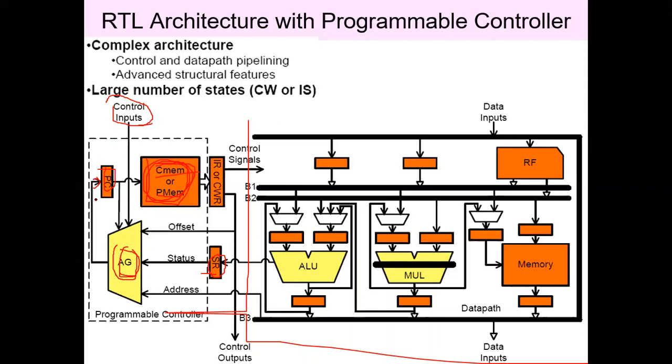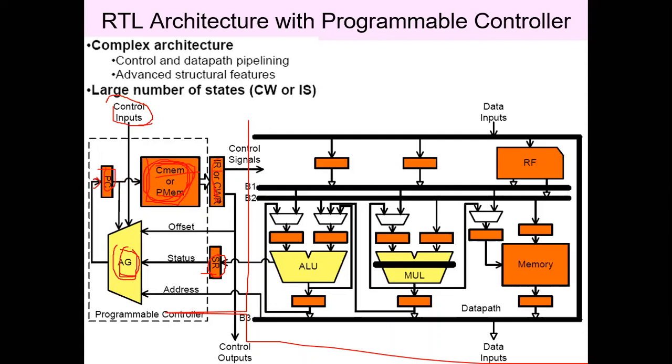Okay, so now the program counter has the address of the next instruction to be executed. Using this particular address, it will select the instruction to be executed from the program memory. The program is already stored in the program memory. So now the program counter has an address, and that is our next instruction to be executed. From that particular location, it can take the instruction to be executed, and that will be stored in an instruction register, IR, or control word register. Another name is control word register.